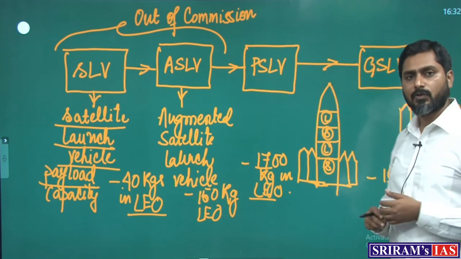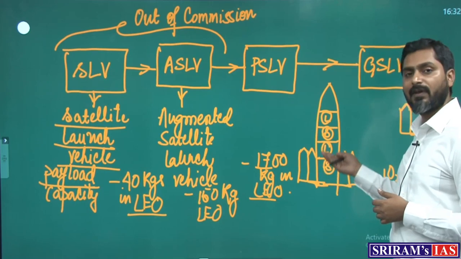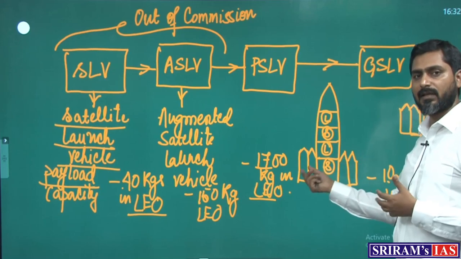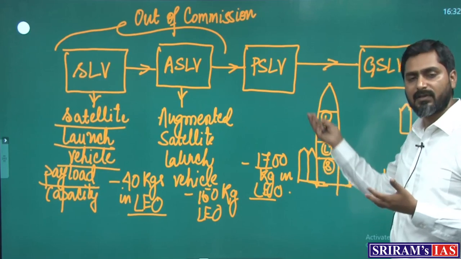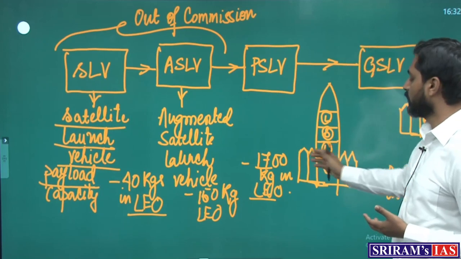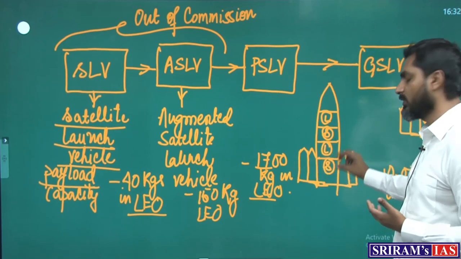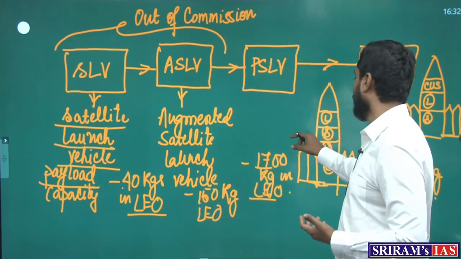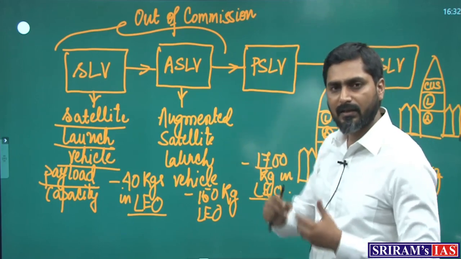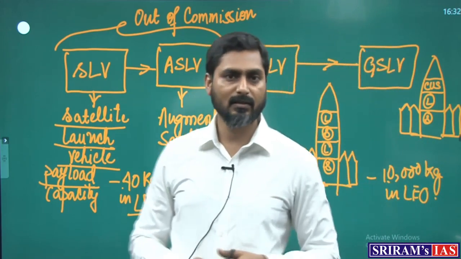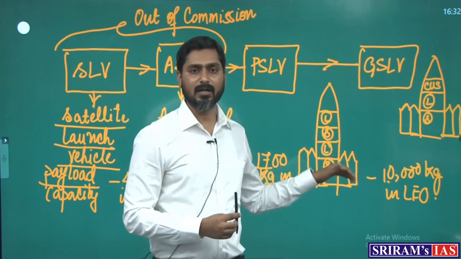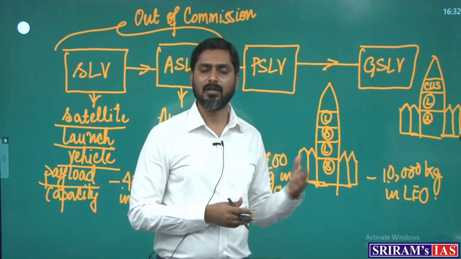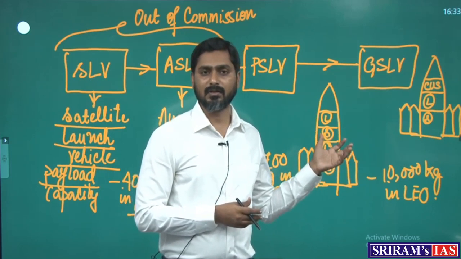If you consider this launch vehicle, what will happen? The first stage will fire, that will provide the lift. Then the booster rockets are also fired. So simultaneously first stage and booster stage is fired. After it has reached some height, the booster will fall off. The first stage will fall off, and they fall off generally in the ocean. The second stage will then fall off, third stage, then the fourth stage, then the satellite reaches the space. So what is essentially happening is that some of the costliest parts of the rocket are essentially lost in the oceans after the launch.